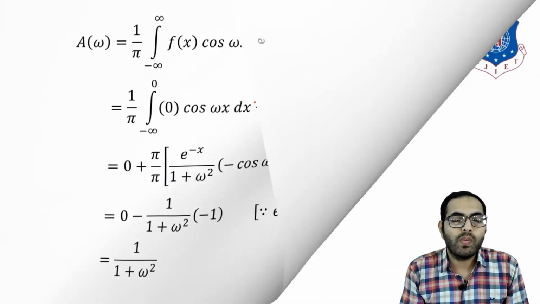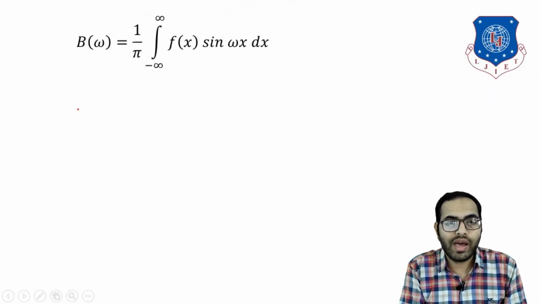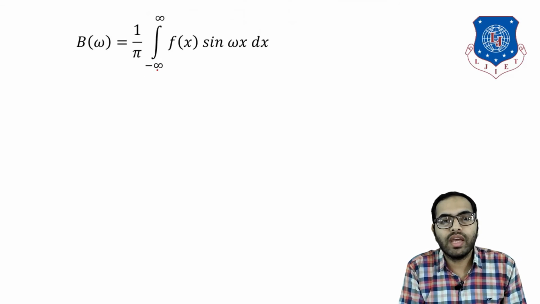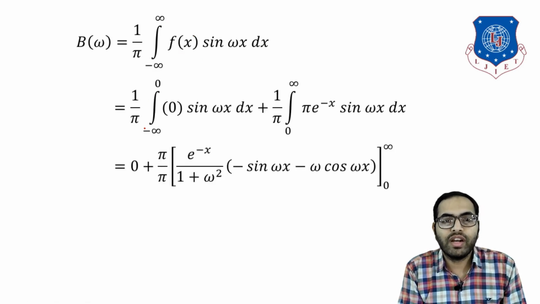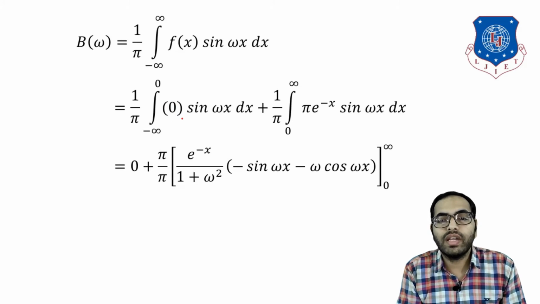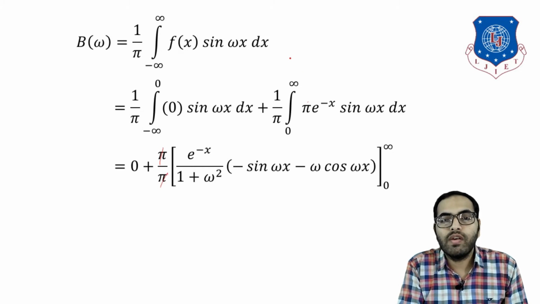Let's move on to b of omega, which is equal to 1 upon pi, integral from minus infinity to infinity of f of x sin omega x dx. Splitting the limits, 1 upon pi, integral from minus infinity to 0. For the limit minus infinity to 0 the function becomes 0, and for the integral from 0 to infinity the function is pi e raised to minus x. Substituting the function and splitting the limits, the first term becomes 0, and the pi comes out and cancels out. The remaining term uses the formula